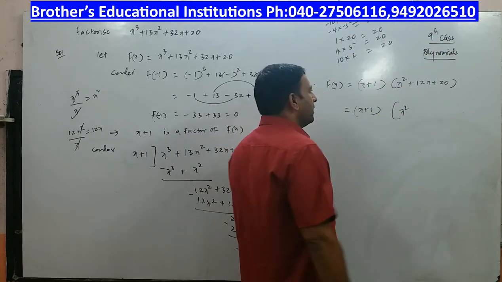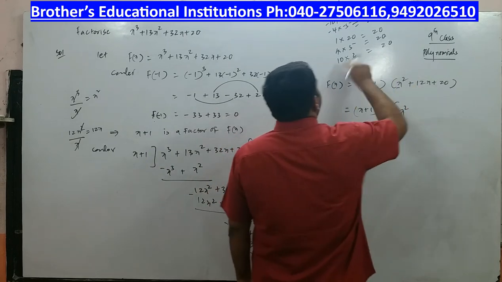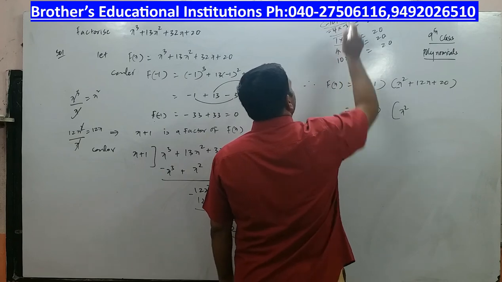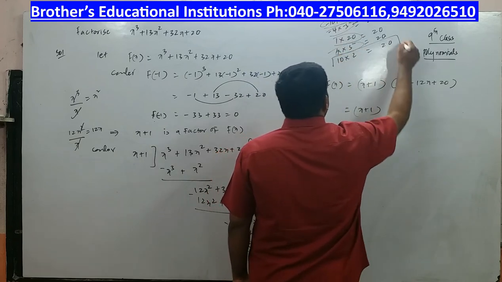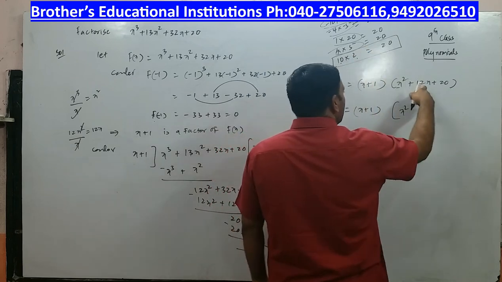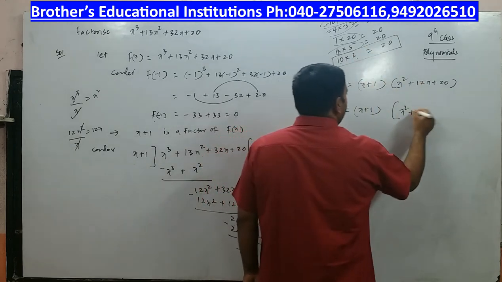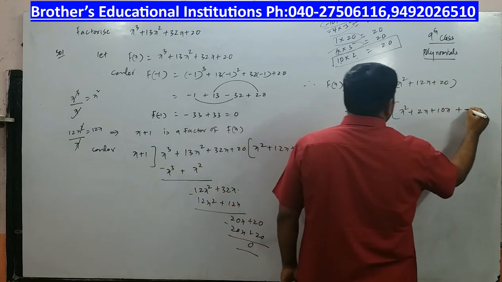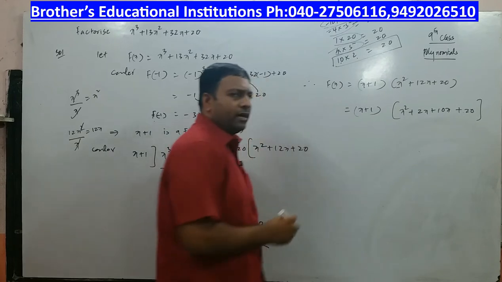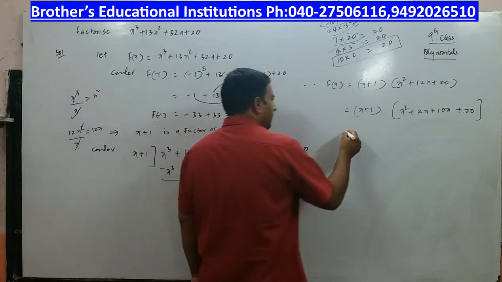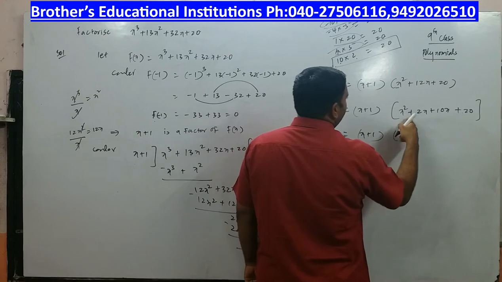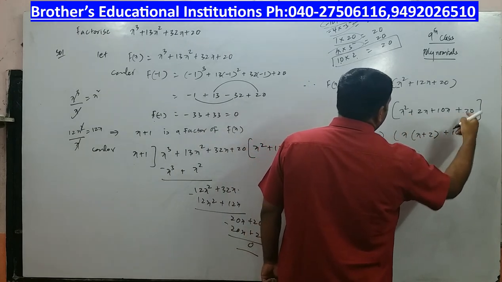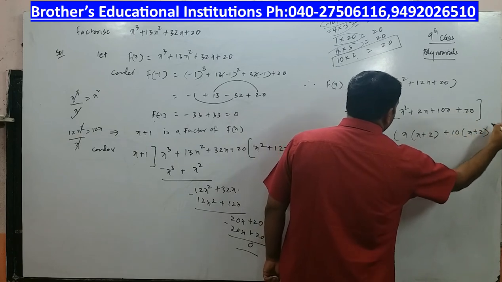But out of all those factors, where can you get 12 by adding two quantities? Will you get 12 here? No. Will you get 12 here? No. But only in this case, 10 plus 2 is equal to 12. So I am going to split this 12x as 2x plus 10x, and 2 tens are 20, plus 20. I am sure you are very clear with this method of factorizing. So it is x plus 1 into x is common, x plus 2, plus 10 is common, 10 goes x times plus 2, right?